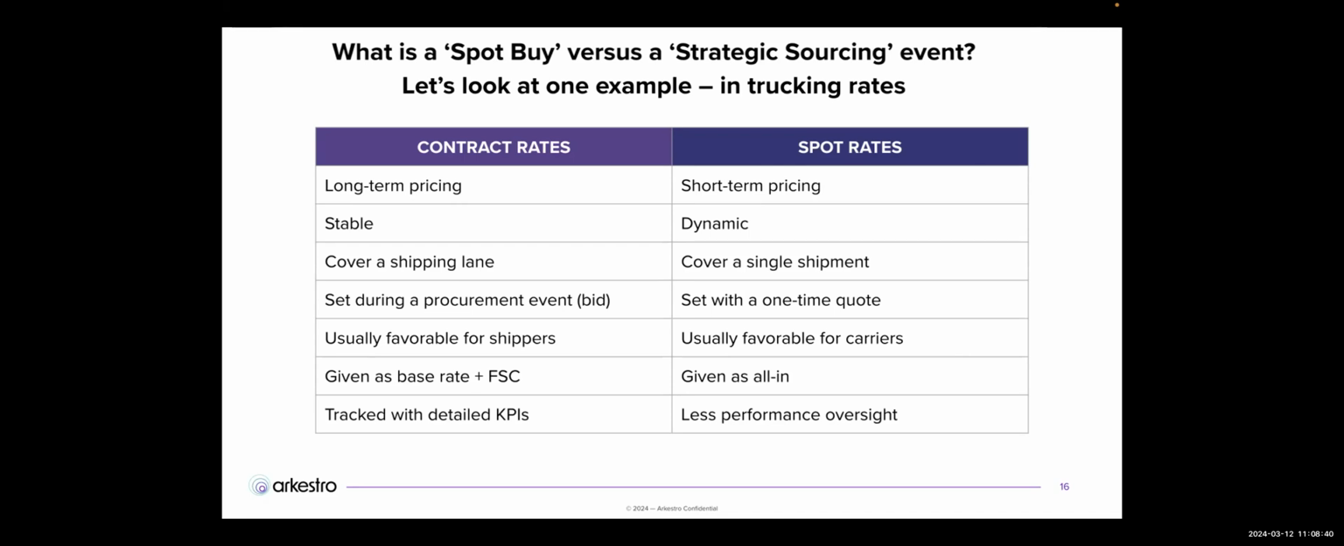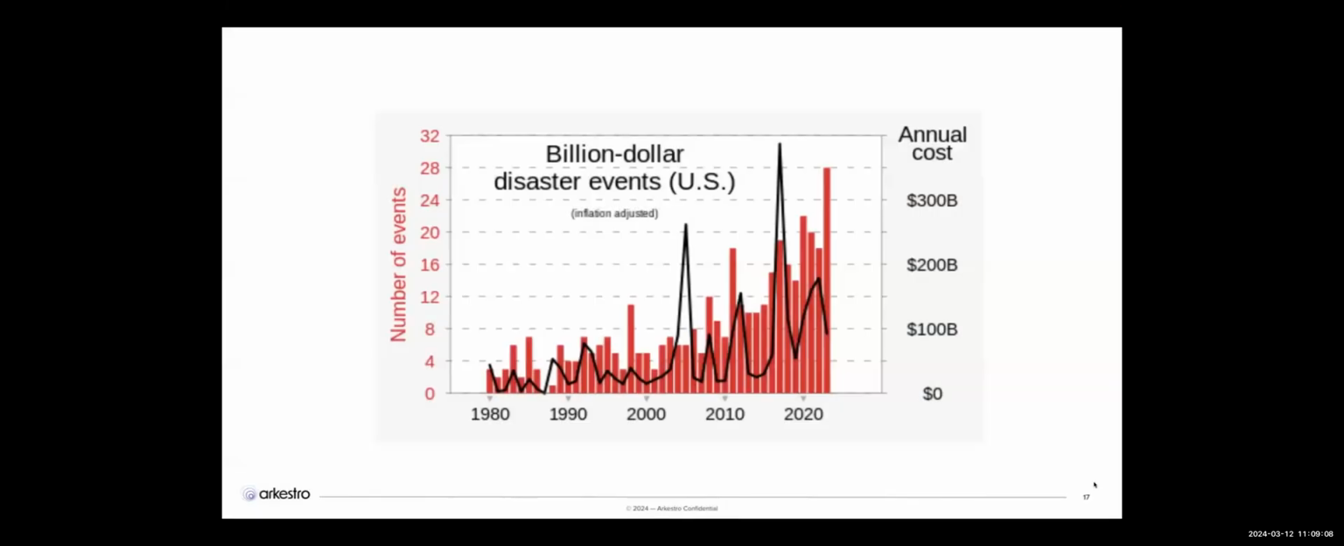In contrast, a spot buy or a spot rate is typically one-off, dynamic. You get a quote, you have to make a decision on it. It's favorable often for the supplier, in this category, the carrier. It's given in a simple one-off quote, and performance is hoped for, but not measured as rigidly or strictly. And in some cases, if we go to the next slide, please, this is because